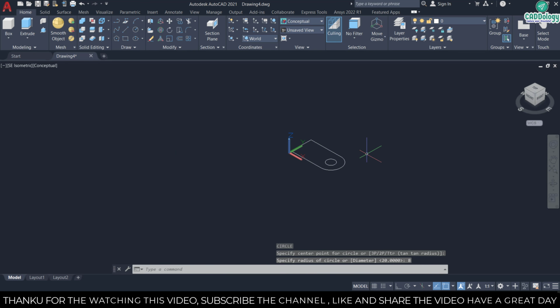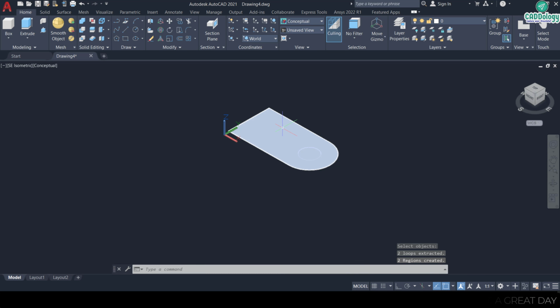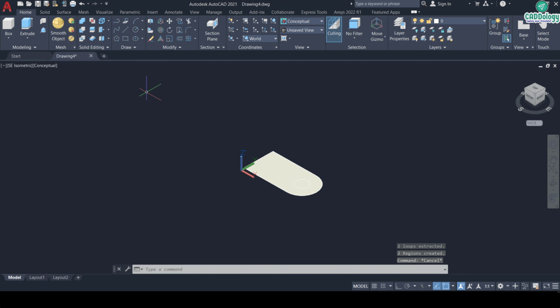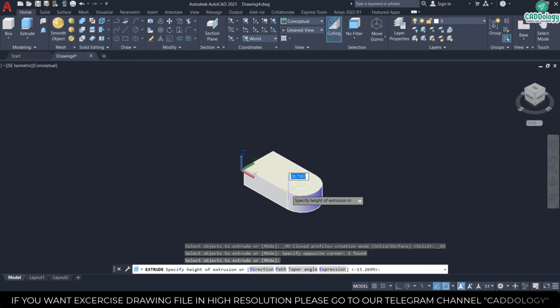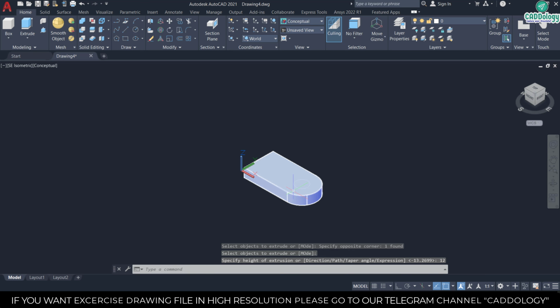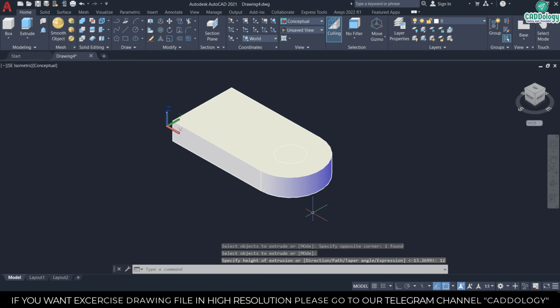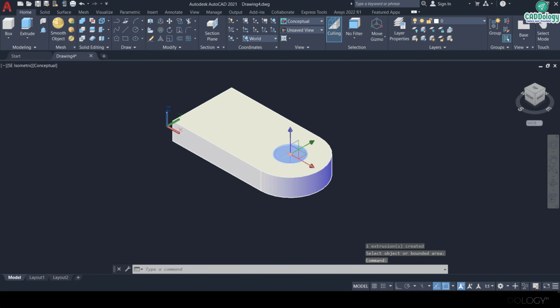Make a region of our sketch, and after region we'll do the extrude command of 12 mm extrude, and then press pull of circle to downward and select portion and delete it. Our middle portion is finished, and